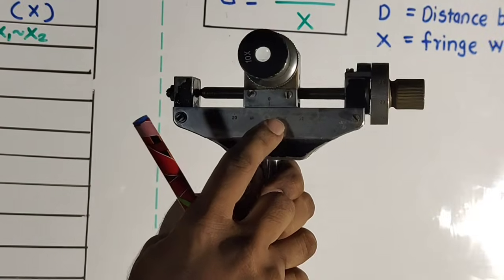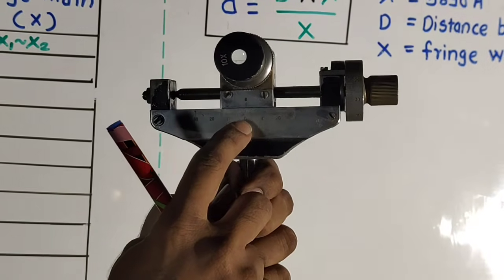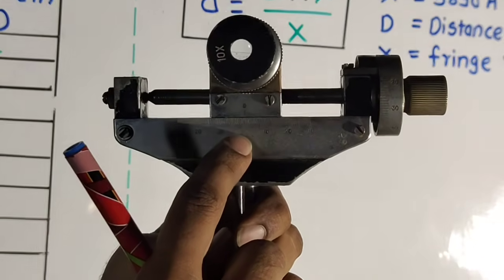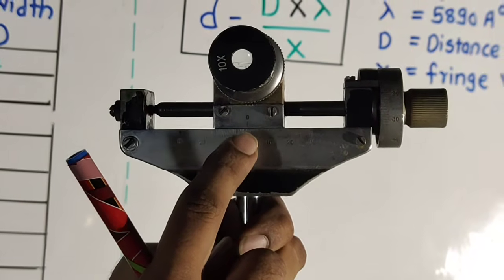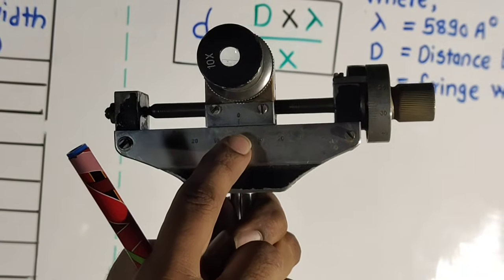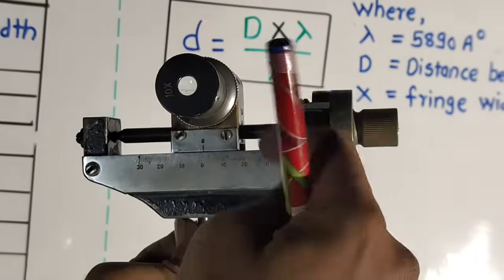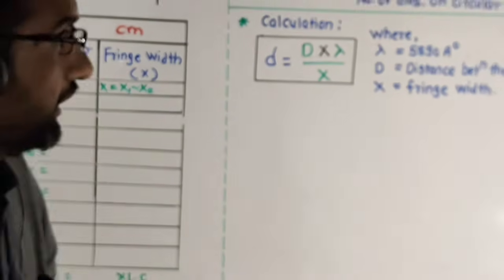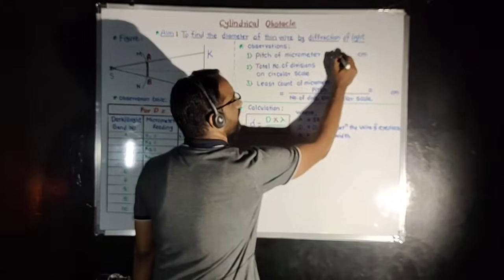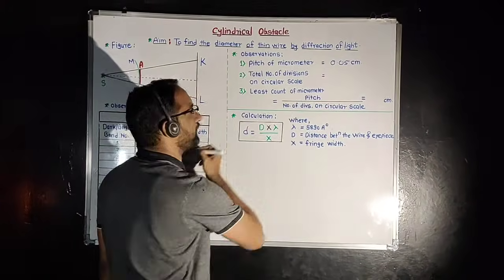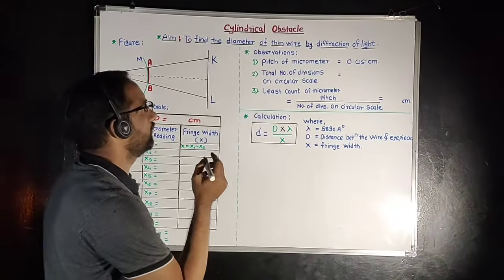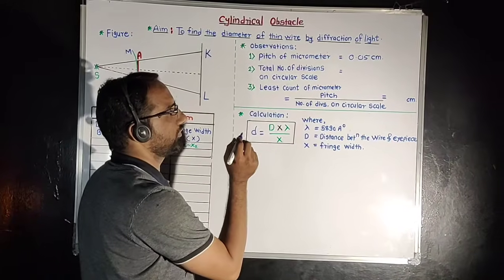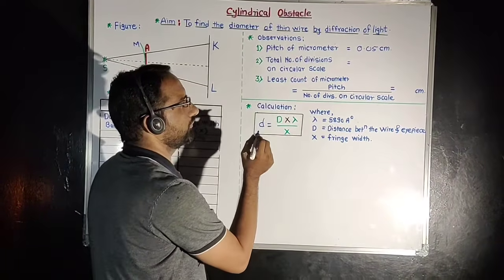Okay. So what is the value of this single division? In between 0 to 1, this is 1 in centimeter, there are 20 divisions. So the smallest division on that main scale is what was shifted by the screw during that single rotation. So that value is 0.05. I am writing this value here. 0.05 centimeter is the pitch, that is, in one rotation of the screw, the shift we observe on the main scale is about one division. So that value is 0.05 centimeter.